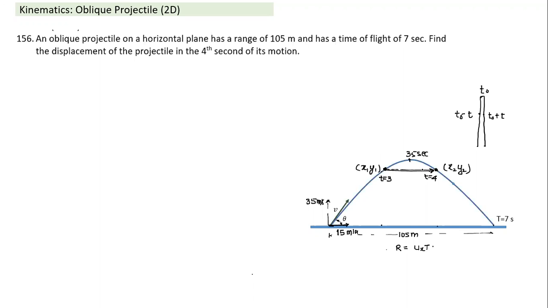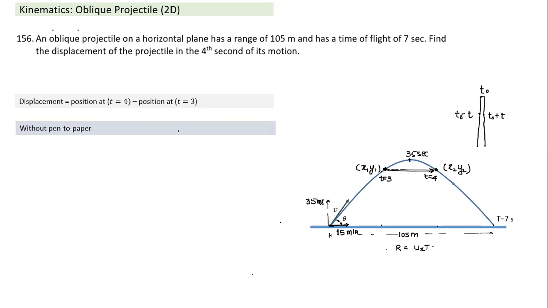So I have to only calculate displacement along the x-axis in the 4th second, which is simply equal to the constant velocity. We can easily find the answer. Okay. Good. I hope all of you followed this displacement question. If at all, I would have started thinking displacement is position at t equal to 4 minus position of the projectile at t equal to 3. That is a circuitous method without pen to paper; there's a better way of solving. I hope most of you have followed this point.